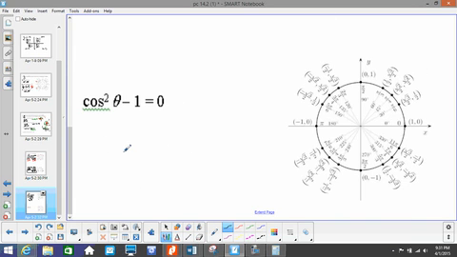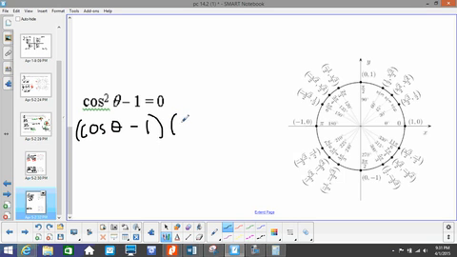All right, one last example. Let's think back to probably Algebra 1. We can factor that. Think to yourself, how can I factor that? Maybe if I said difference of 2 squares, something would come to you. Cosine squared, perfect square. 1, perfect square. So that's really going to be cosine theta minus 1